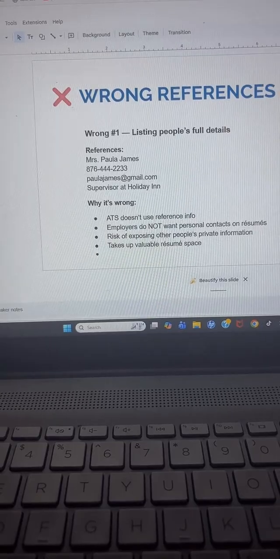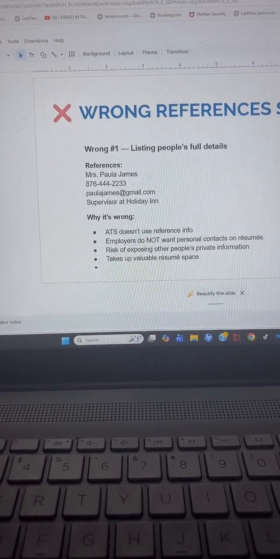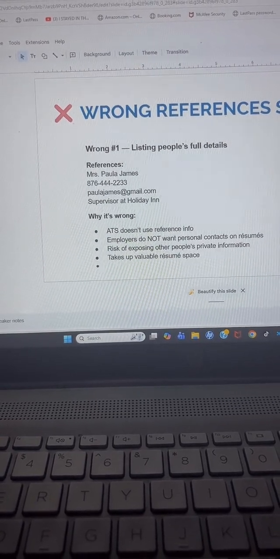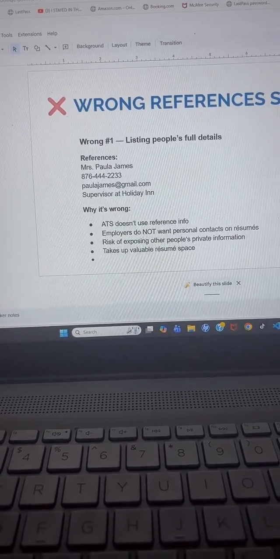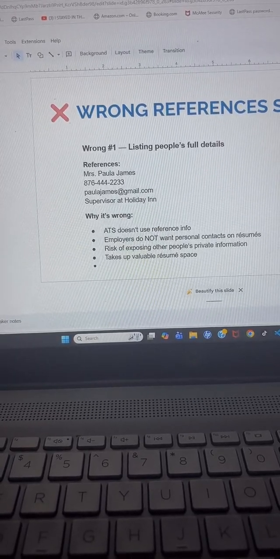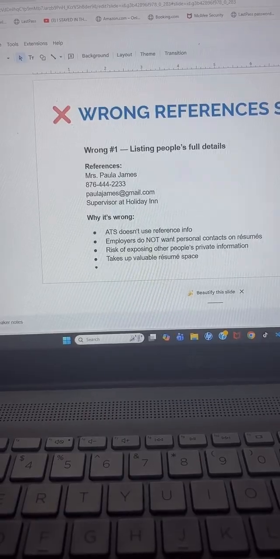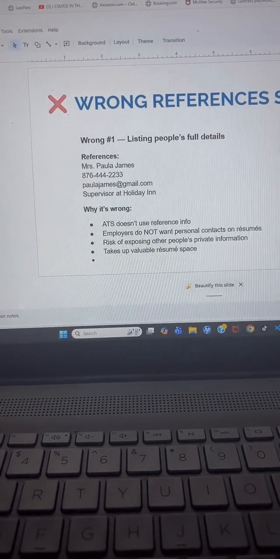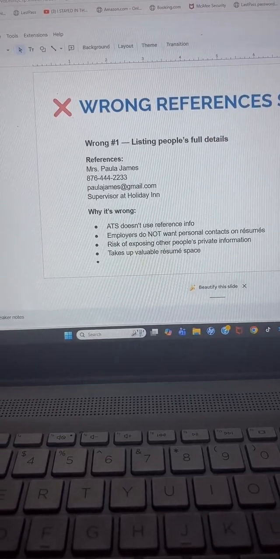Alright, so for the reference section, do not list the full details for your reference section. You don't have to put the name of the person, the phone number, the email, and the relationship.